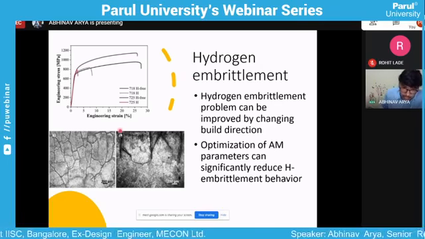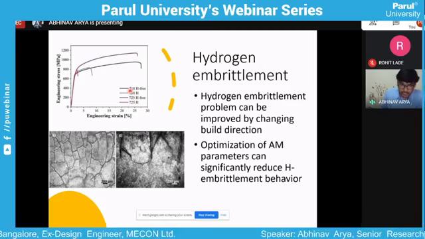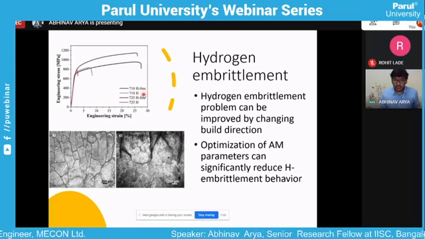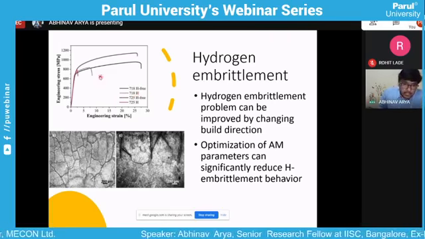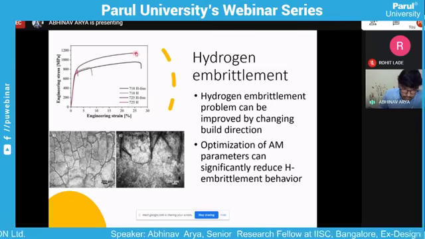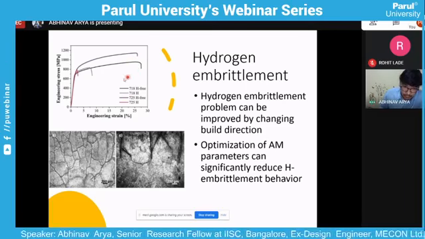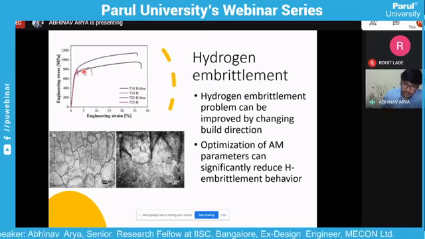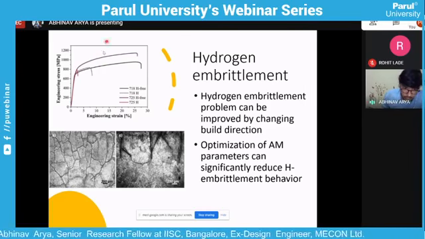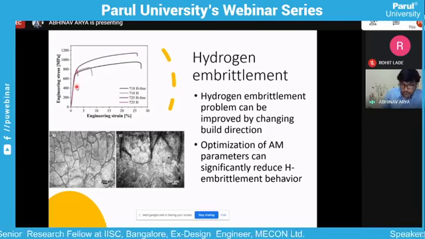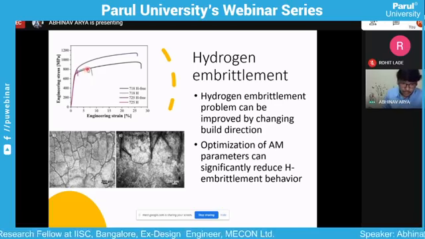What happens is hydrogen goes into the microstructure, into the interstitials, and it reduces the fracture toughness of the material. It reduces the mechanical properties. Like here you can see, this is the 718 nickel alloy, and these have very good fracture toughness. Both the 725 and 718, in the hydrogen-free condition, have very good fracture toughness. But after charging them with hydrogen for a certain period of time, the fracture toughness of both of these alloys has reduced drastically. So this shows that hydrogen is very deteriorating for all the alloys.